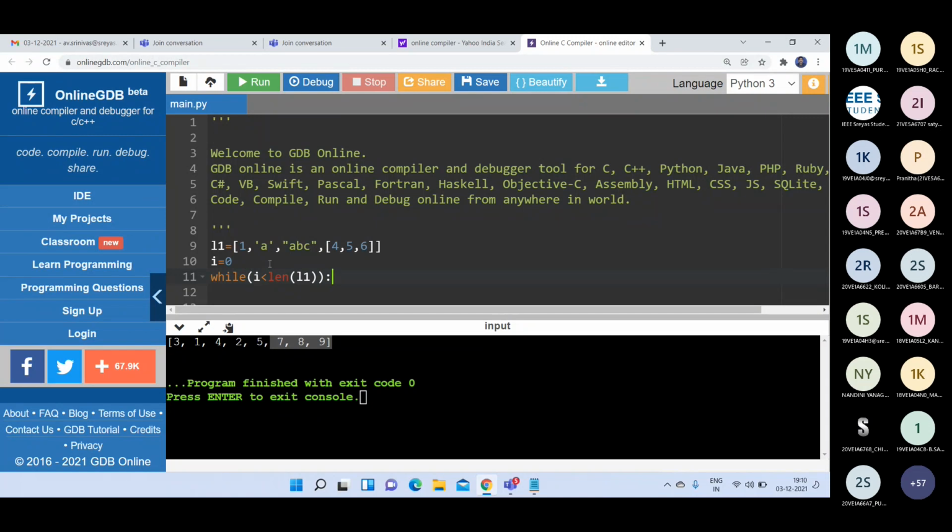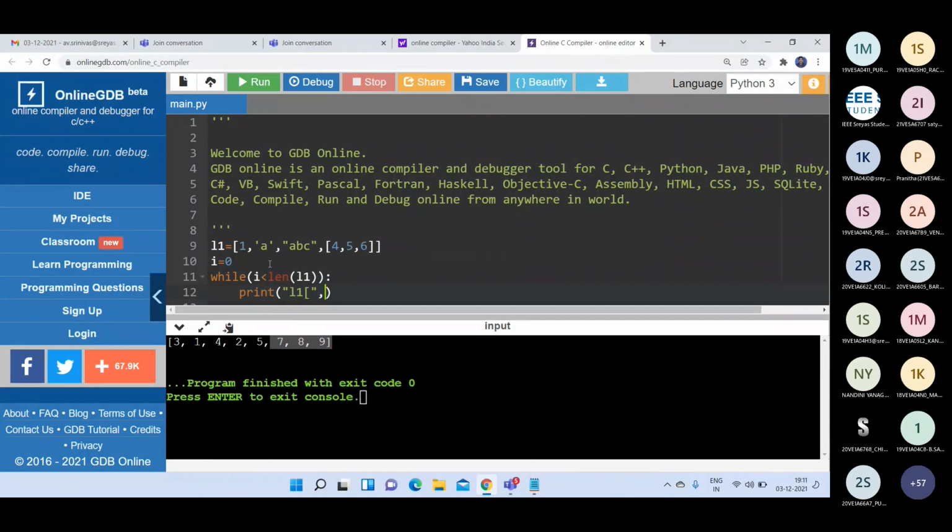So that, for the number of elements I have in the list up to that value, the I value will be repeated. Now I can write print within double quotations, L1 and square brackets.